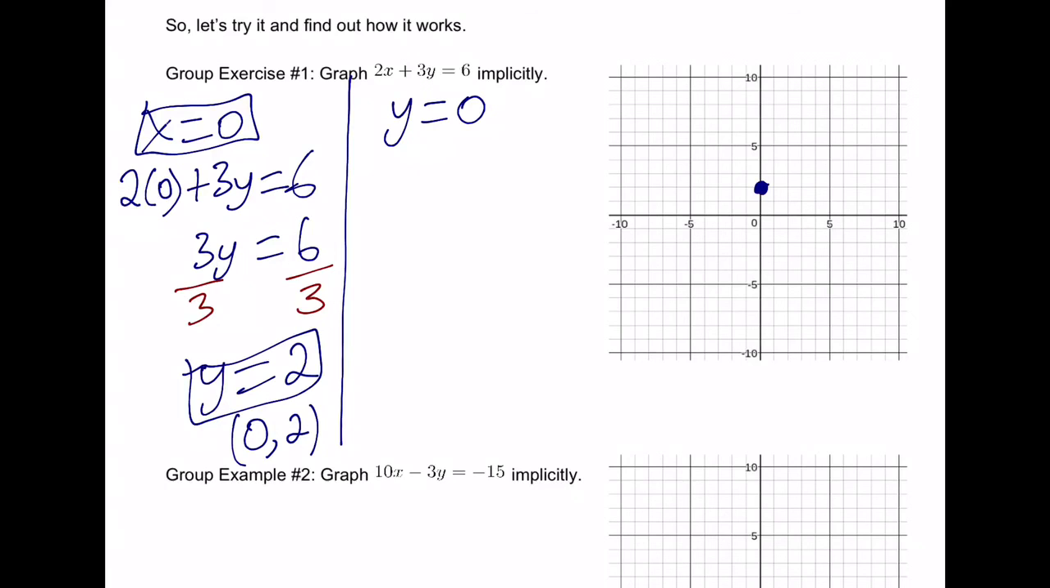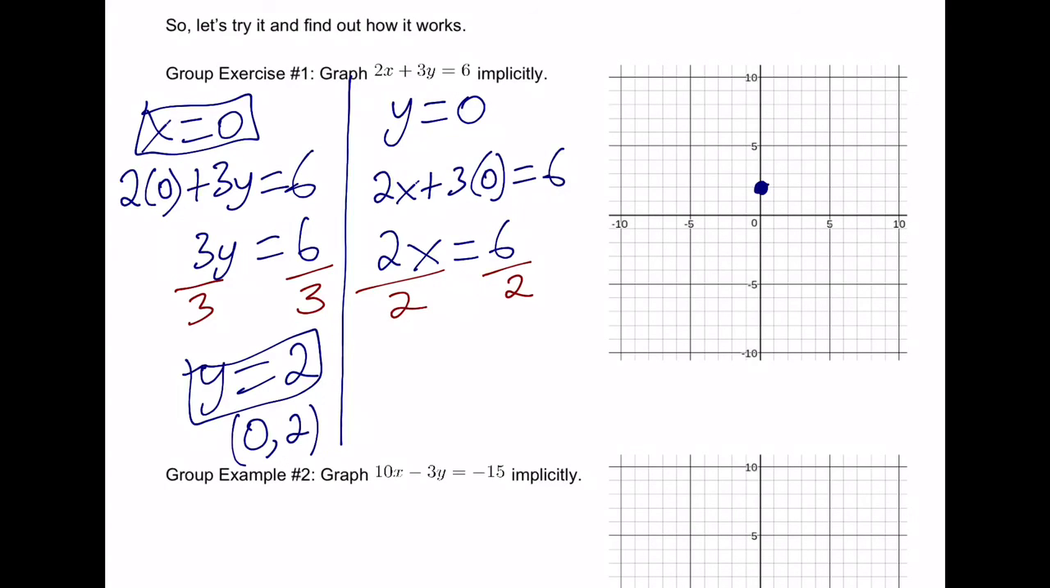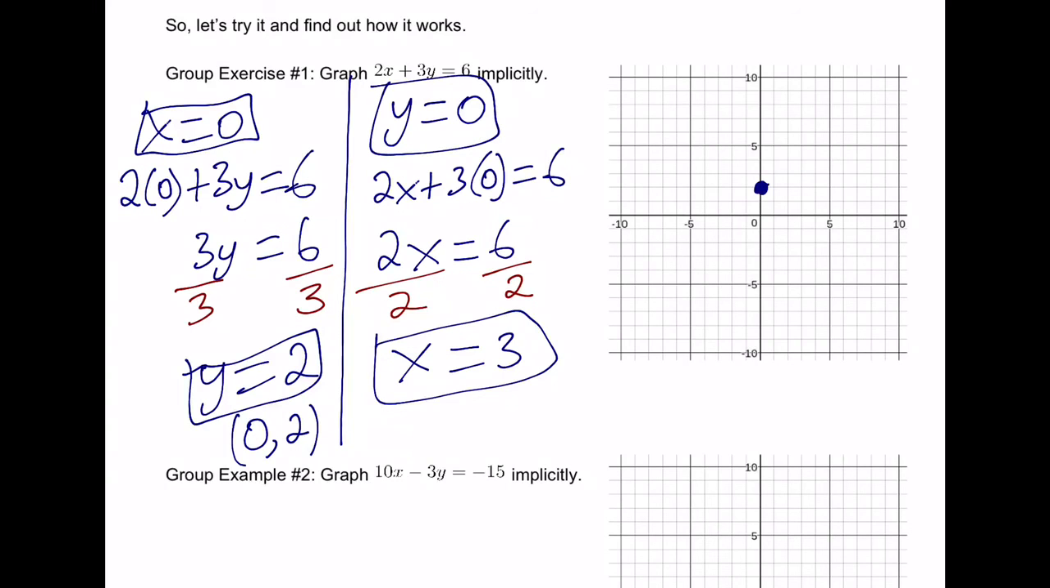Now let's try plugging in a 0 for y. 2x plus 3 times 0 is equal to 6. So that's just 2x equals 6. And if I divide both sides by 2, I get x is equal to 3. And from this x and y value, I have another coordinate, (3, 0). So I count over 3, put a dot, and I'm good to go. Draw a line, put some arrows. I have